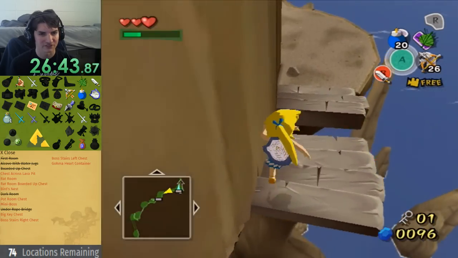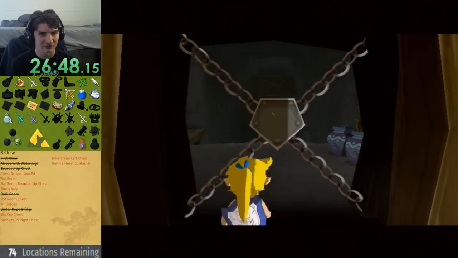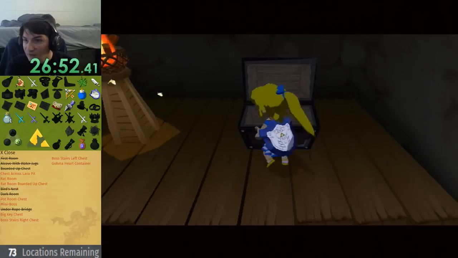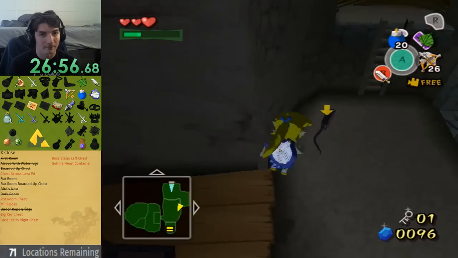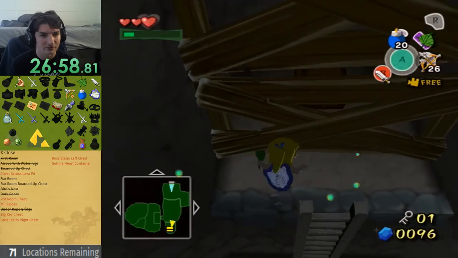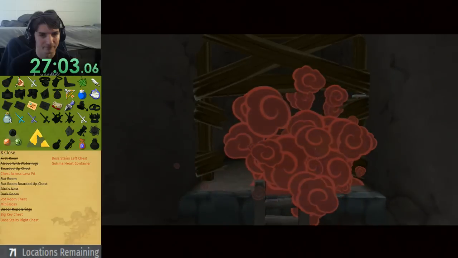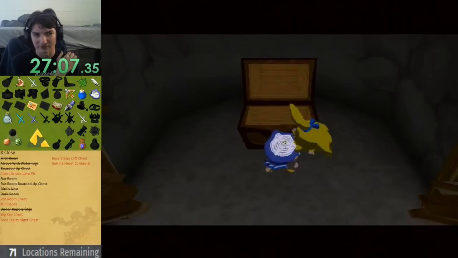Alright, so there are 3 more chests that I can get. I'm guessing that at least 2 of these chests are gonna be small keys. We'll just have to see. Okay, Din's Pearl. Excellent. Alright, so this right here, just blow up with a bomb. If this chest is not a small key, then the other one definitely is, but...